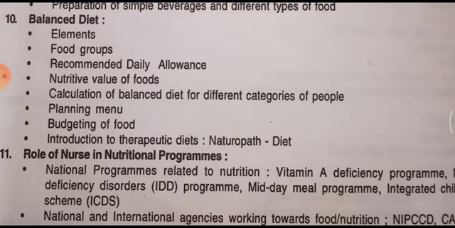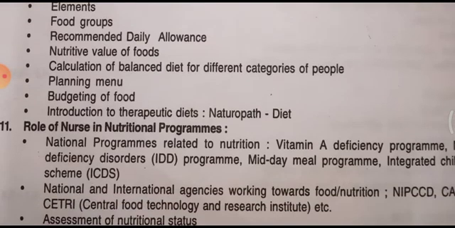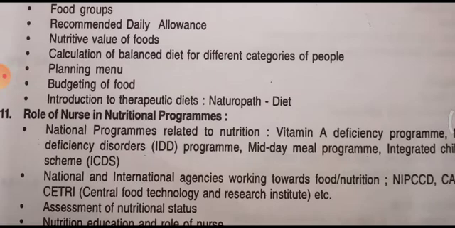What are the food groups that we are going to discuss? Recommended dietary allowance for different age groups and physical activity. Nutritive values of food, which food is rich in which type of nutrients, and calculation of balanced diet for different categories of people. Different people will eat different quantities of food, so that is calculated according to the